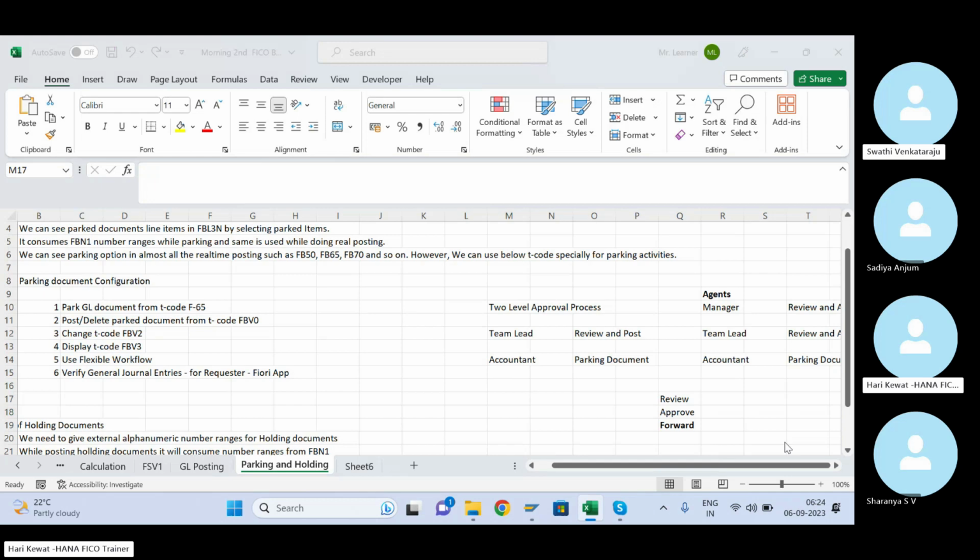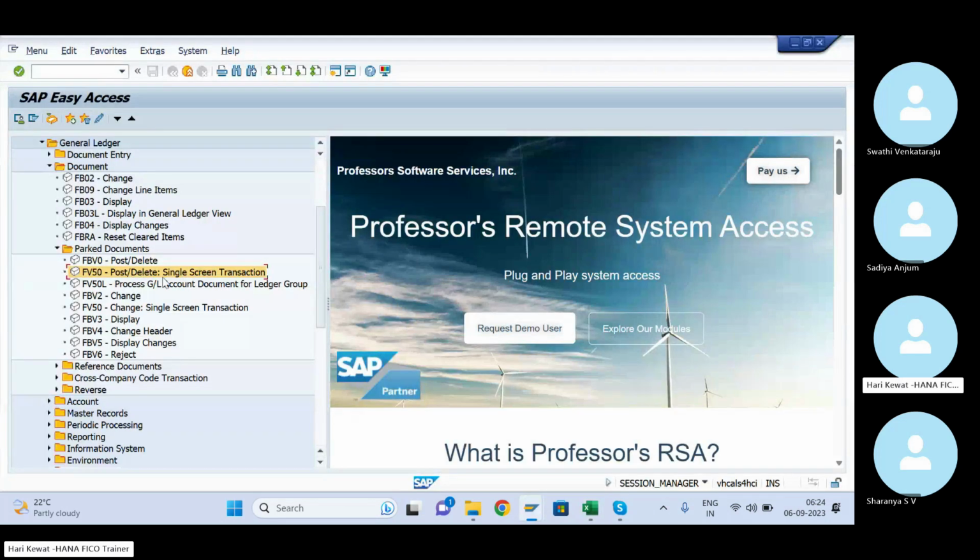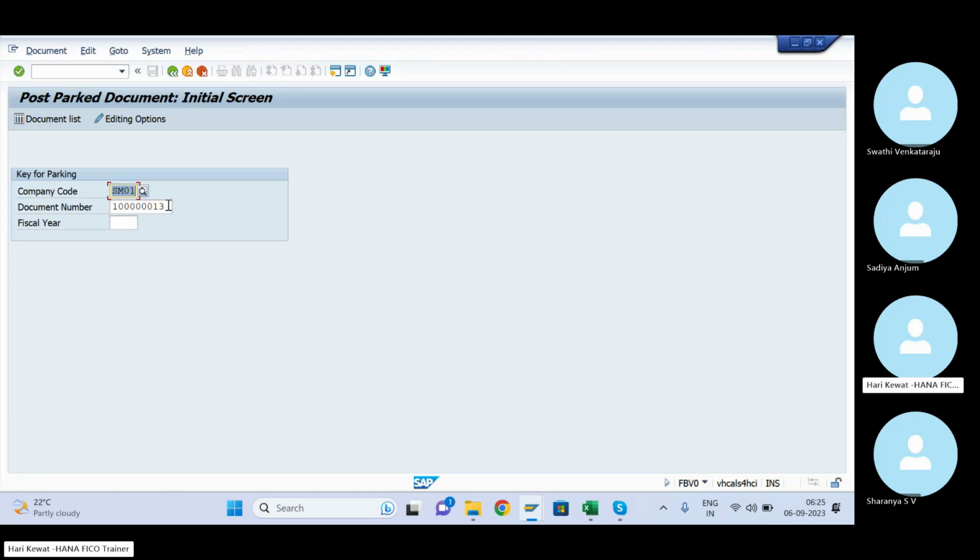So there are many T codes to park and post, whichever T code you use. This is the ledger-specific parking if you want to do it. This is change, this is also change, this is the display, this is the change header. Our scenario now is to post. Post or delete both are there. We want to post. We have parked documents 12 and 13.